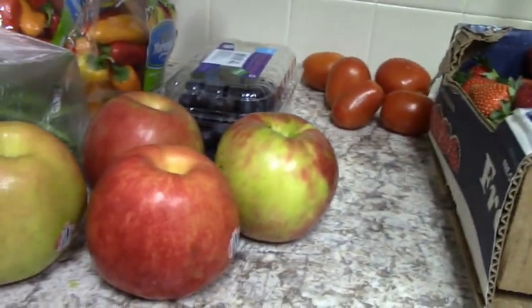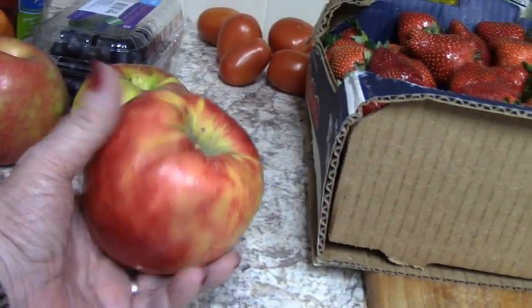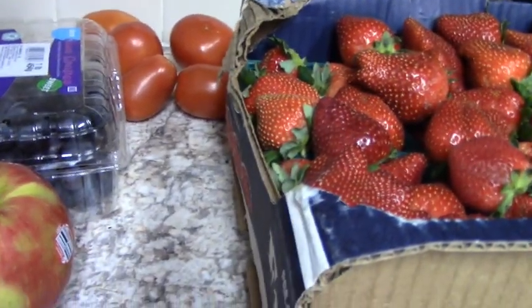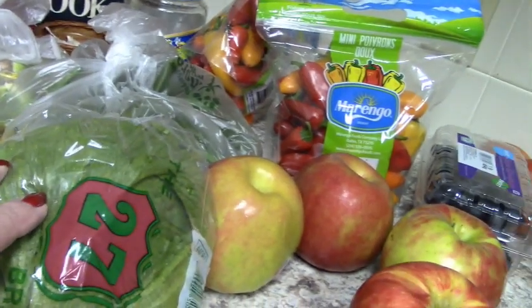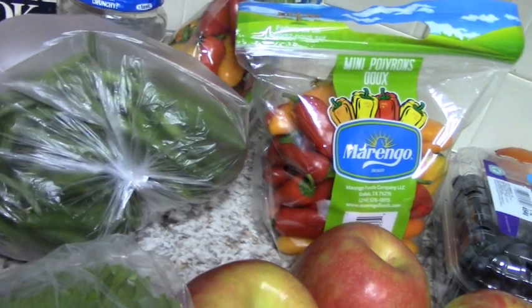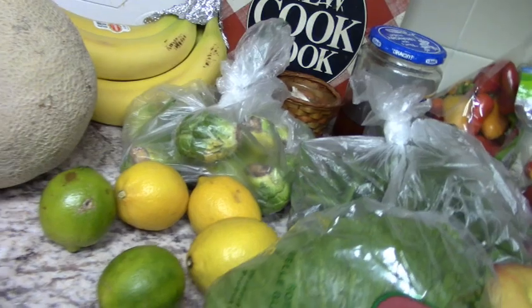Some apples. Would you see the size of this apple? I mean, look. Blueberries. Peppers. These bags were 2 bags for $5, and those are nice snack peppers. They're sweet peppers. I have a head of iceberg lettuce, some fresh green beans, Florida grown, Brussels sprouts, lemons and limes,